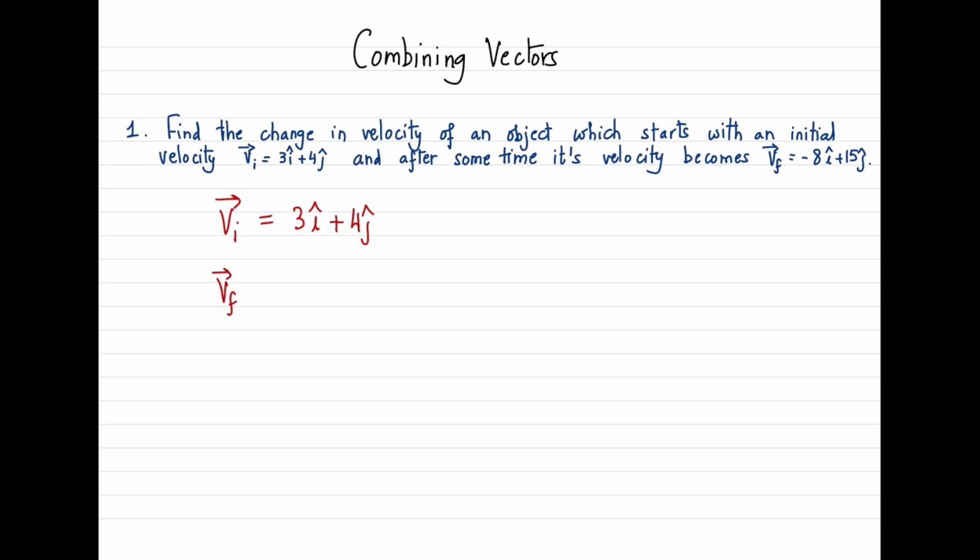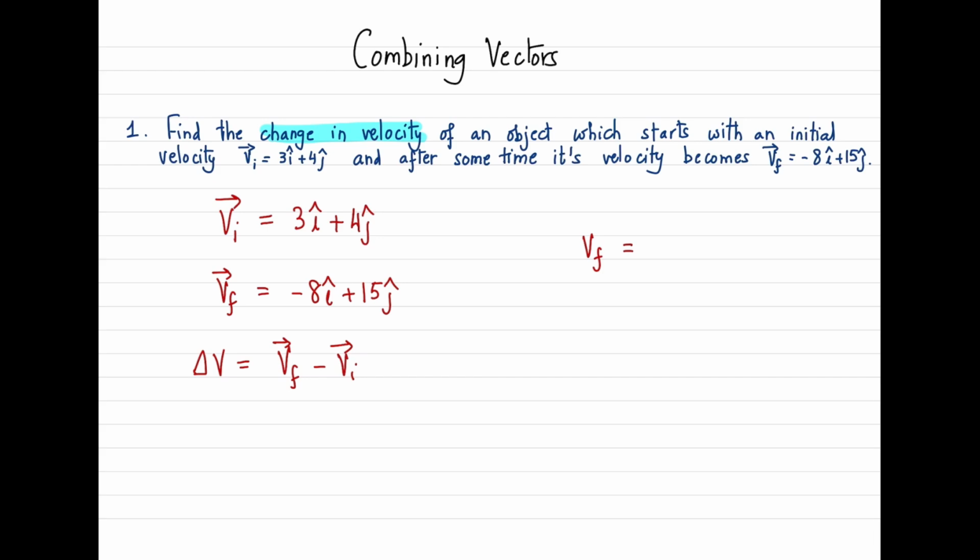That's the final velocity, which is negative 8i cap plus 15j cap, and we want to find what's the change in velocity. Okay, what's the change in velocity? So let's write down delta v. That's what we want to find out. Final velocity minus initial velocity. So we'll rewrite the equations